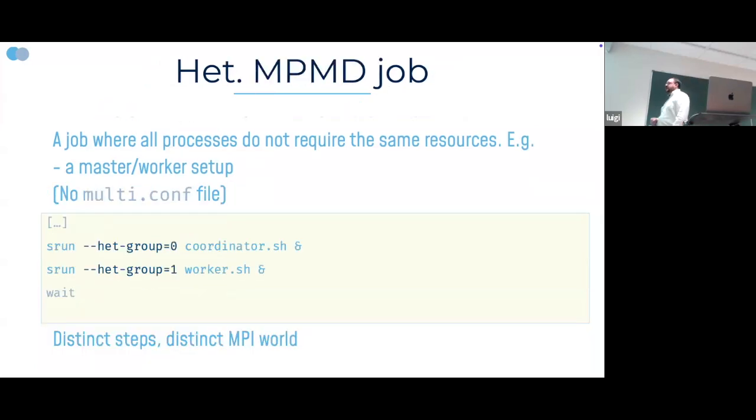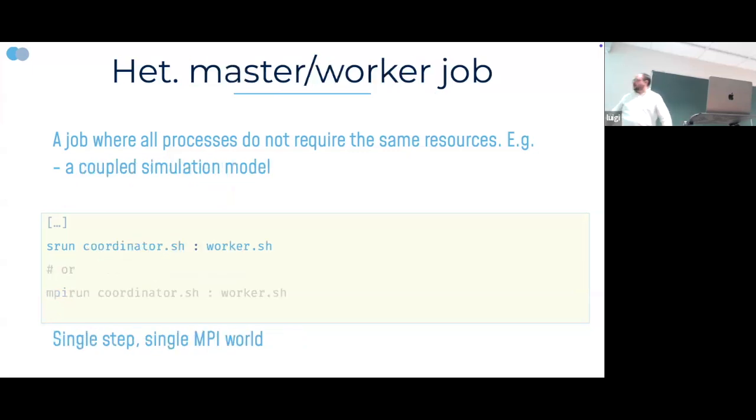And you can use it like this. Then inside of your submission script, you can use srun and then say, okay, I want to start this process on this group. So this group has been allocated